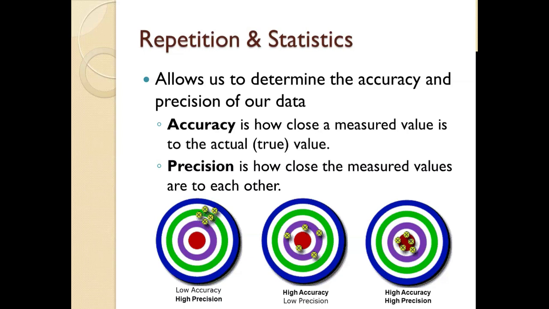In the middle panel here, I've got high accuracy because I'm much closer to the bullseye, but I have low precision because now some are up, some are down, some are left, some are right, some are closer than others. There's no telling whether the next dart I throw hits the bullseye exactly or bounces off the wall and hits the person behind me. We repeat science over and over again.